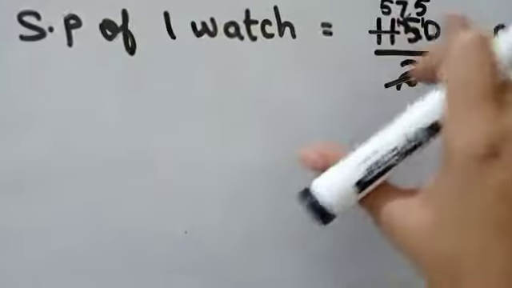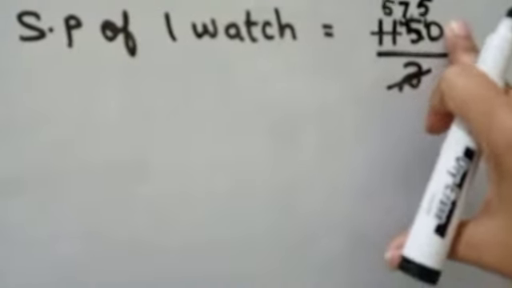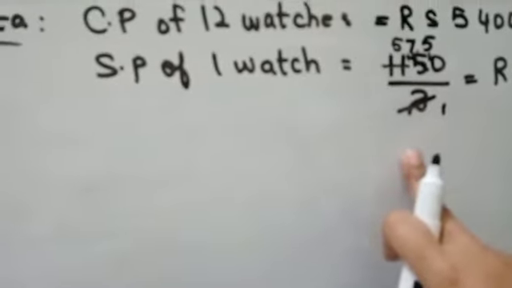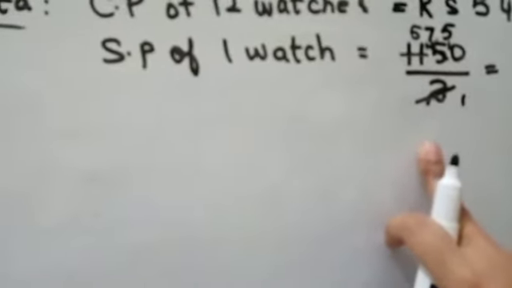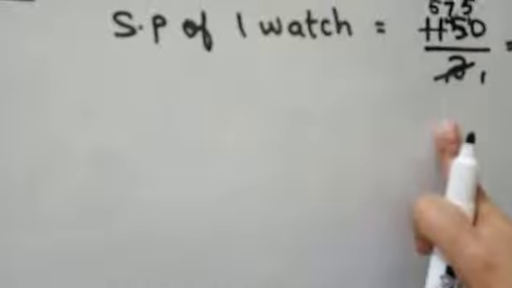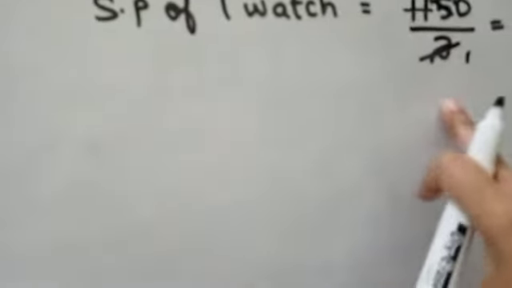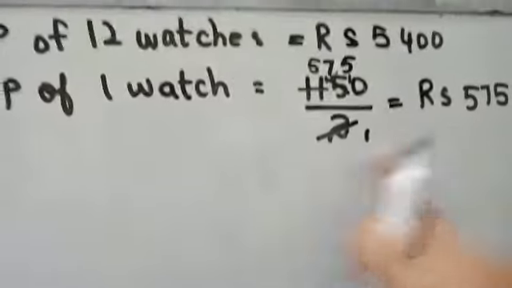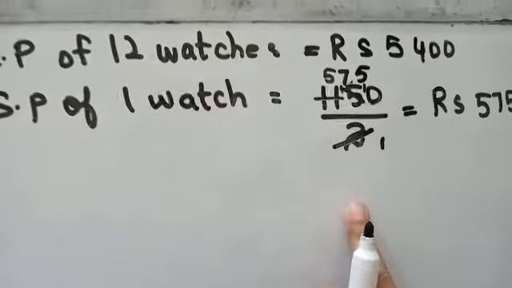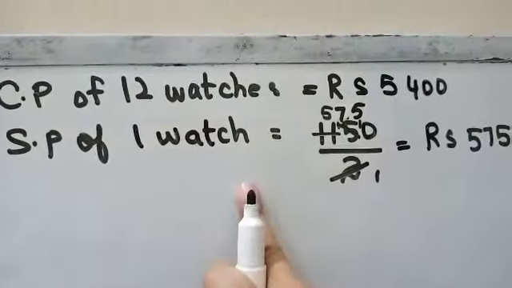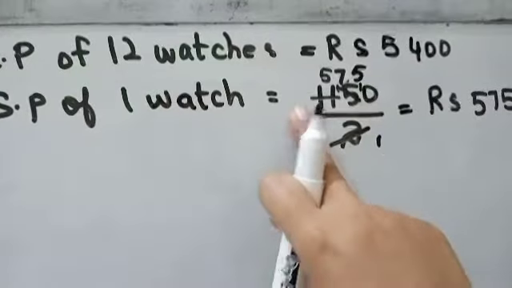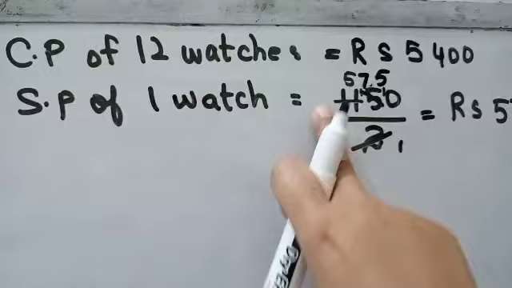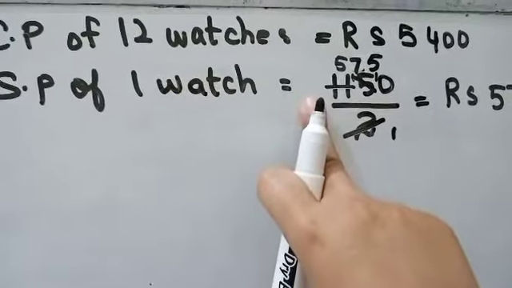1,150. Now, whose amount was this? It is the selling amount of a pair. So we will divide it by 2. Okay. If I sold, for example, 2 books for 1,000, what is the selling price of one book? Definitely I will divide 1,000 by 2. So I will get the selling price of one book. In the same way I have done the same thing. To calculate the selling price of one watch, I have divided the amount by 2 because this was the selling price of 2 watches. Okay, it was for a pair.